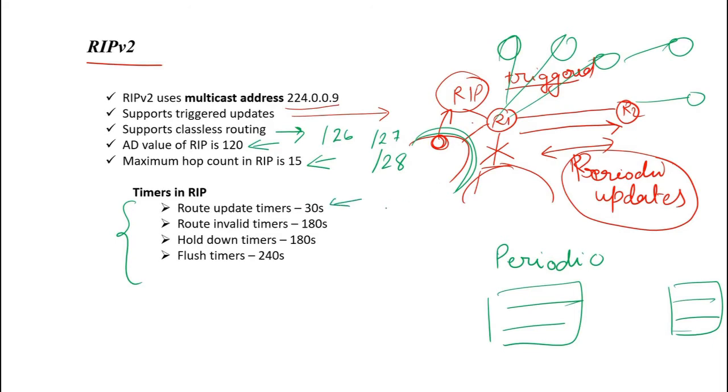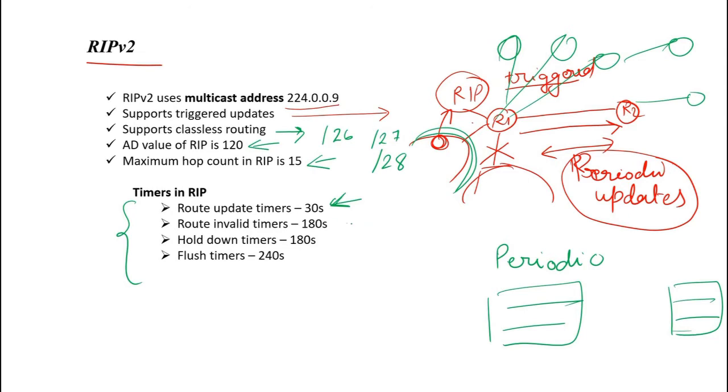If you want, you can change them up or down based on your network requirement, but these are the default values, and everyone recommends using them, because they were defined through a lot of research and development before arriving at this conclusion. But if you need more frequent updates, or you have a smaller network, you can reduce this time. There are no restrictions on that.